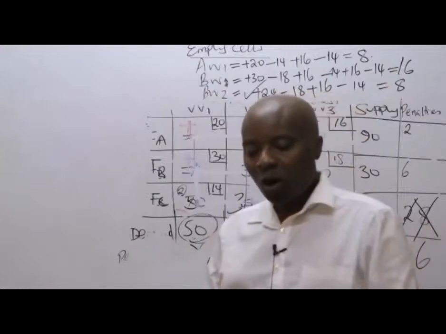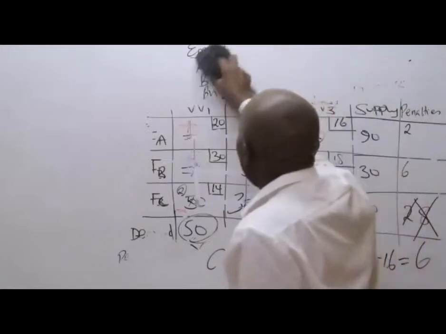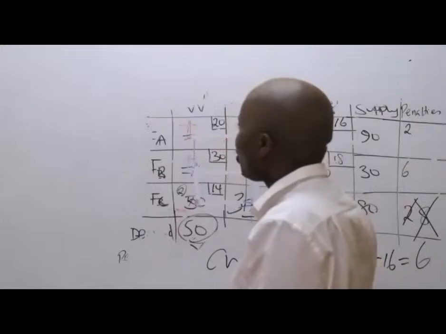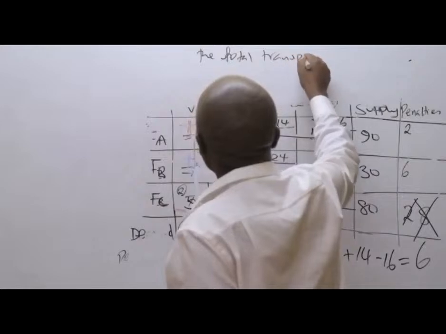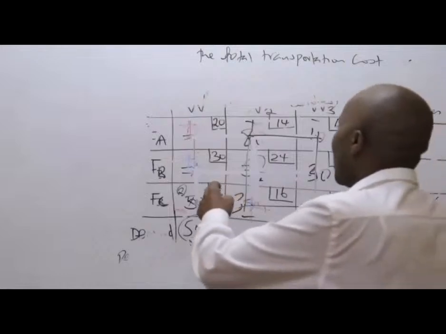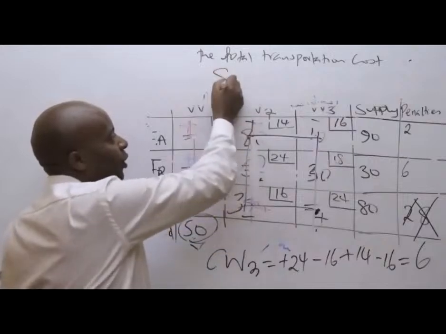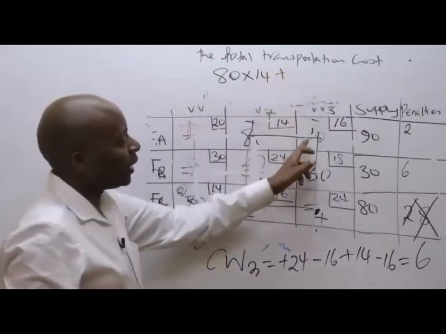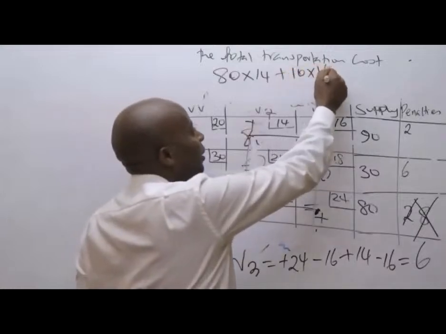And therefore, the total transportation cost will be equal to what here? I've taken how many units here? I have A to W2. A to W2, I took 80 units. And I know that each unit is costing me 14. Plus, we've taken 10 units to this cell. So plus 10 times 16. Plus